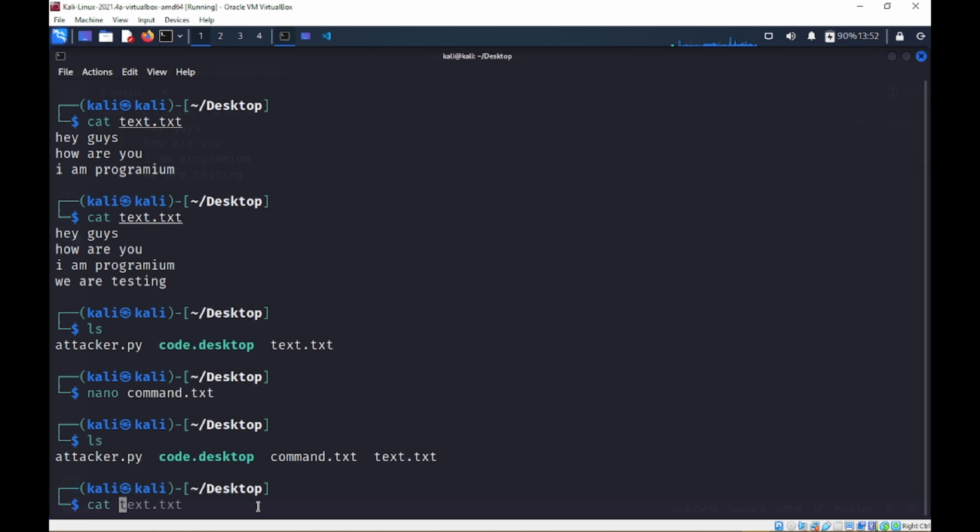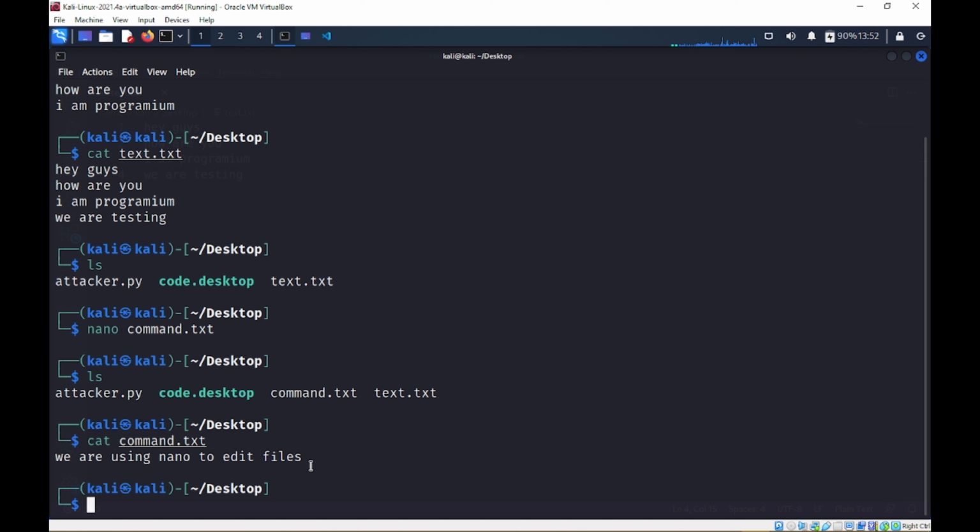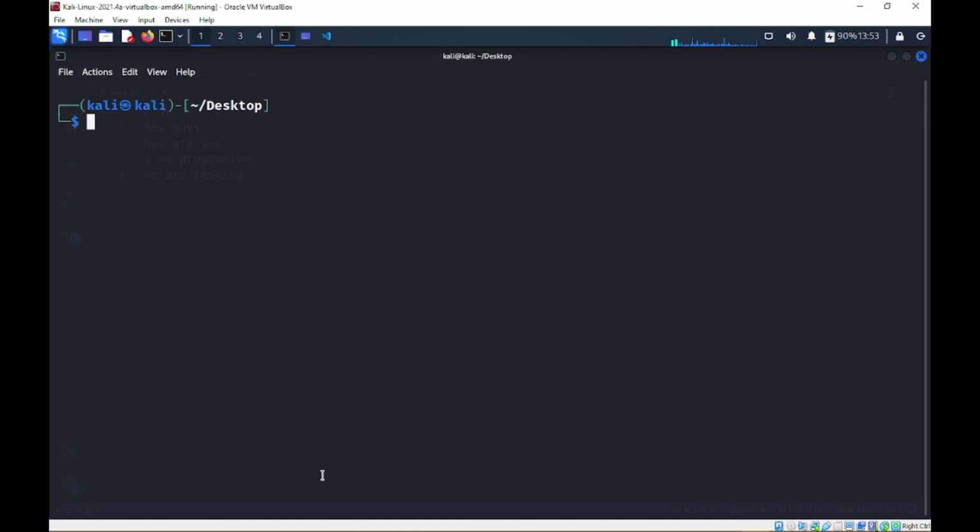And let's use cat again, and you can see that we are using nano to edit files. Fine, all these things are working fine, and I hope you are getting all these commands that we are learning right now. So we have studied one more command. What we will do is make folders